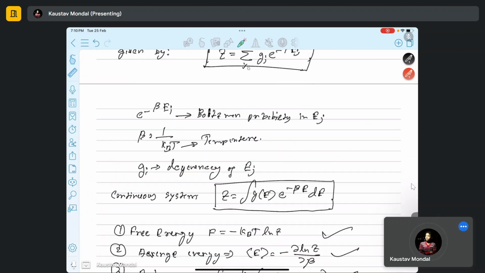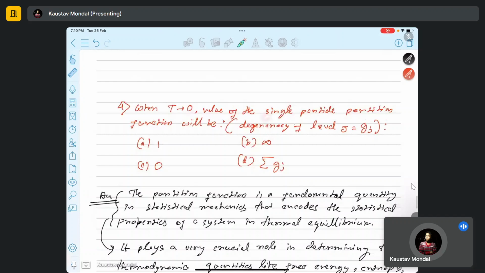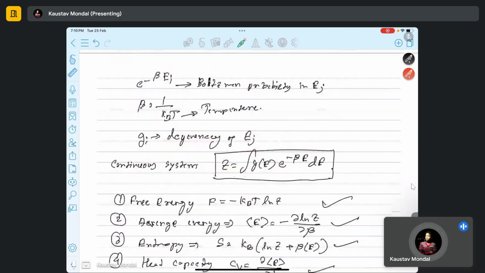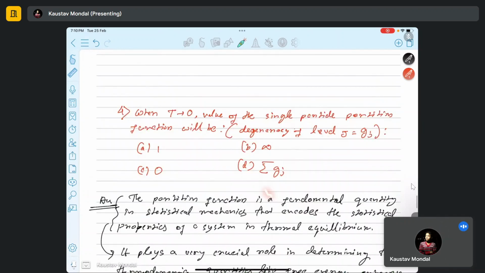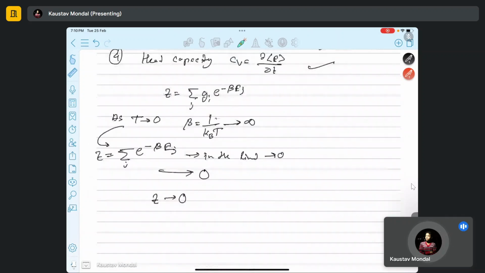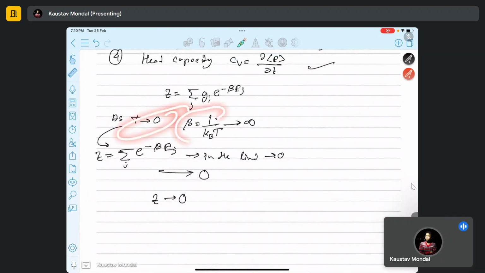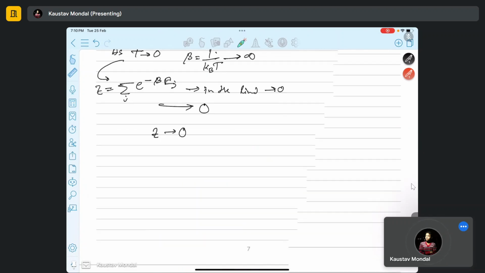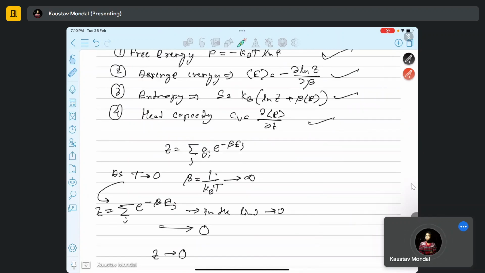But in our problem we have been asked to find out, for a single particle, what the partition function is. This is the partition function, and the limit will be at T tends to 0. Whatever the number of particles, if T tends to 0, beta also tends to infinity. So if we put beta tends to infinity in this problem, this whole thing tends to 0. So Z will tend to 0 in the limit of T tends to 0, right? So this is the fourth problem. I hope all of you understood how we are solving this problem. The next is